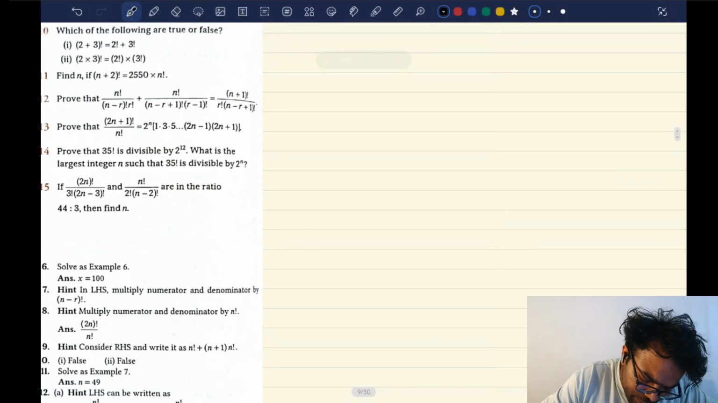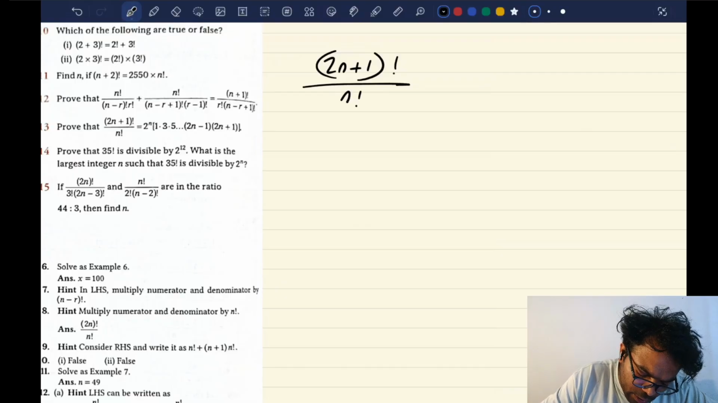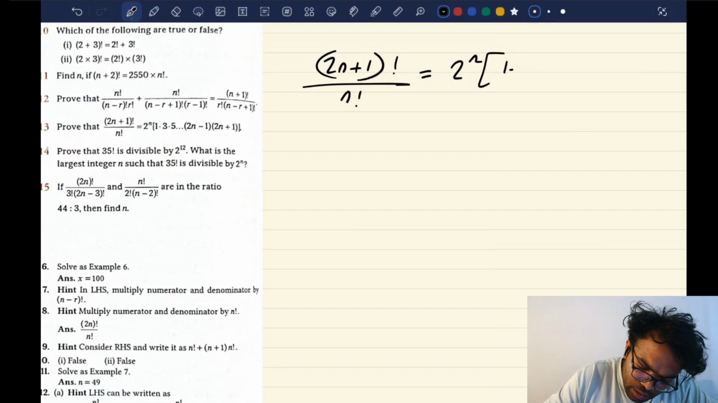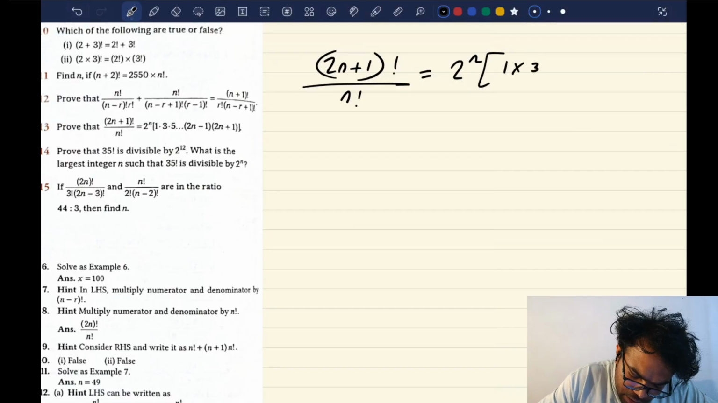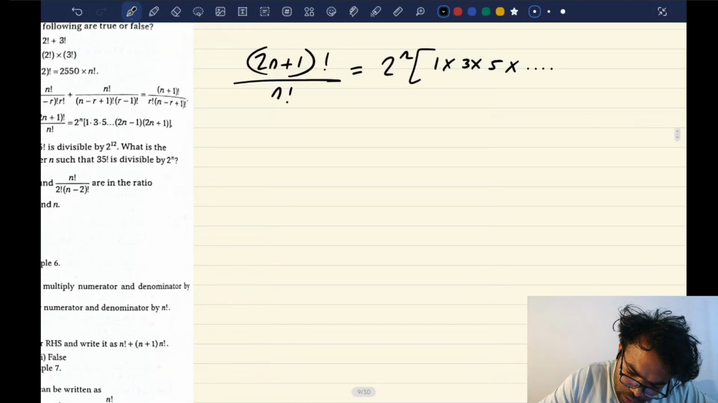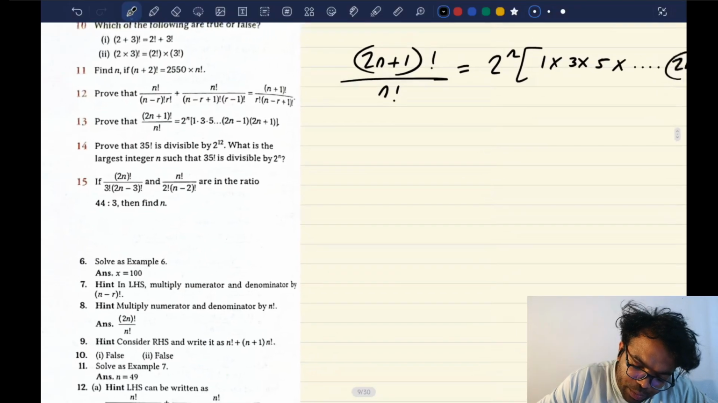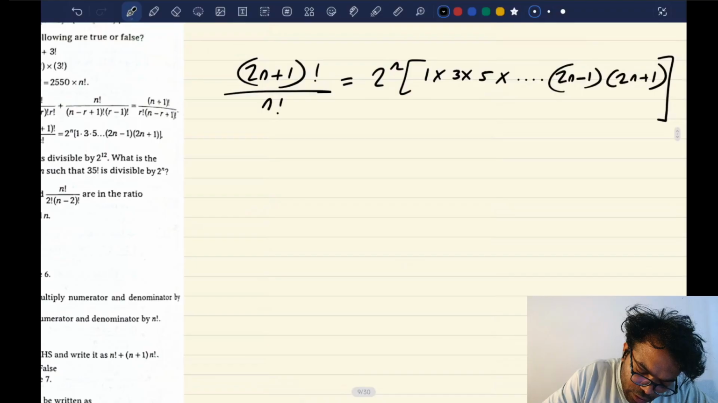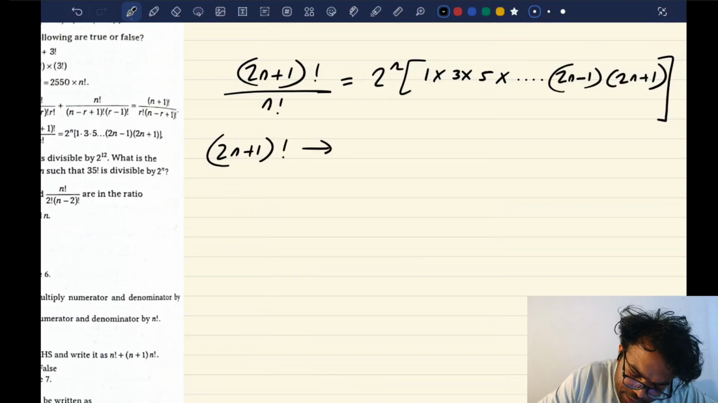Next, you have 2n plus 1 factorial upon n factorial is equal to 2 to the power of n multiplied by 1 multiplied by 3 multiplied by 5 multiplied by 2 to the power of n minus 1 multiplied by 2 to the power of n plus 1. I think this is also a pretty easy question only. Shall we do it? So you have 2n plus 1 factorial can be written as